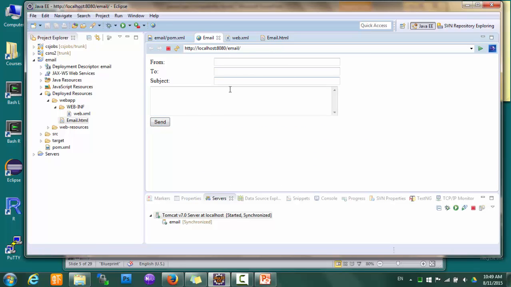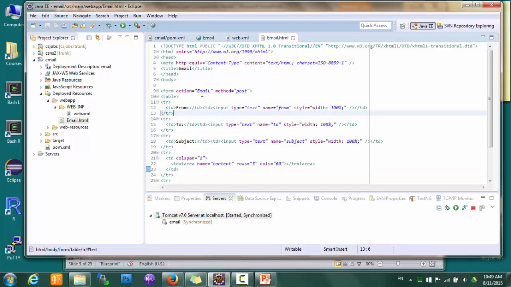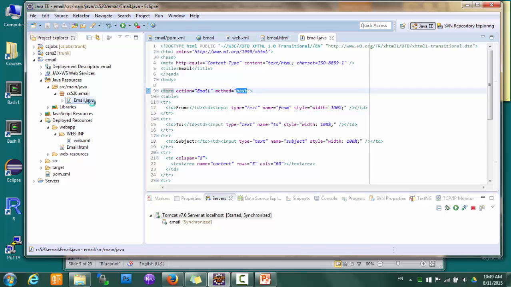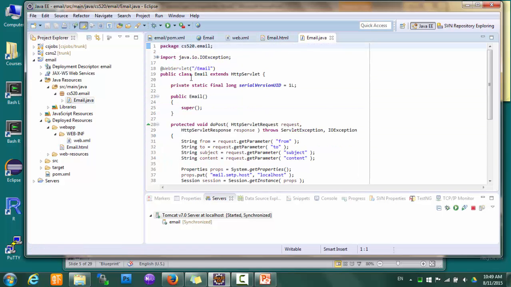And if we fill out this form and click send, it will submit this form to this URL email using a post request. And if we look at the code, here is a simple servlet, and this servlet handles